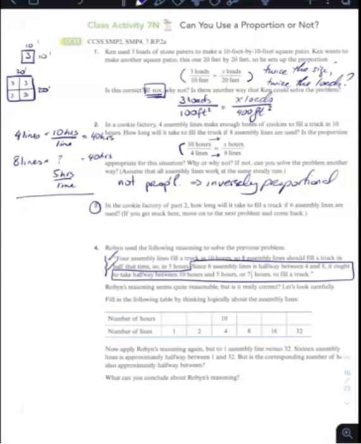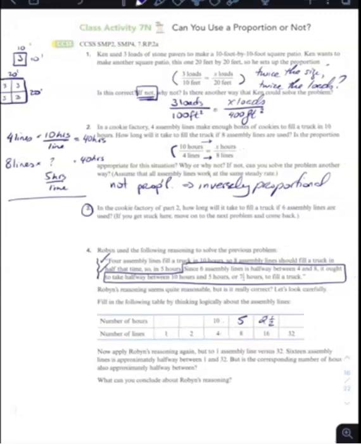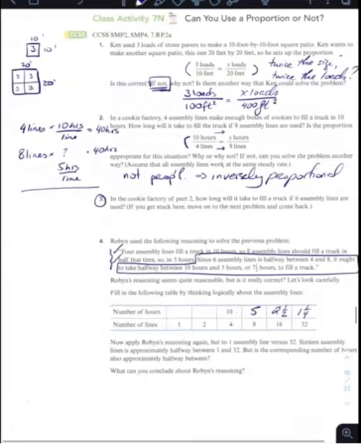So we know that 4 assembly lines take 10 hours, 8 assembly lines should take 5 hours, and 16 assembly lines, if we're doubling the number of assembly lines, we're going to have 2.5 hours. And if we double again, are we going to have 1.25 hours? Okay, that follows the pattern. Now, if we look at halving the number of assembly lines, it should double our time. And halving again, it should double the number of hours it takes. So if we only have 1 assembly line running, it should take the full 40 hours. Now, let's see what happens